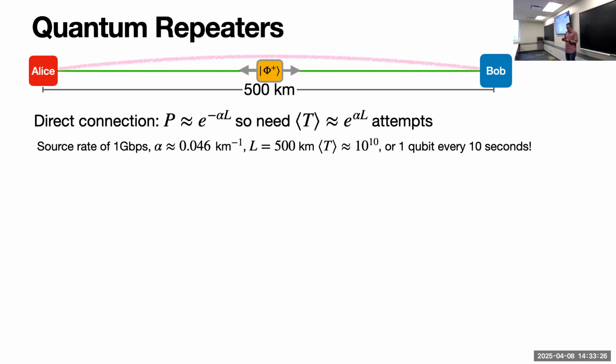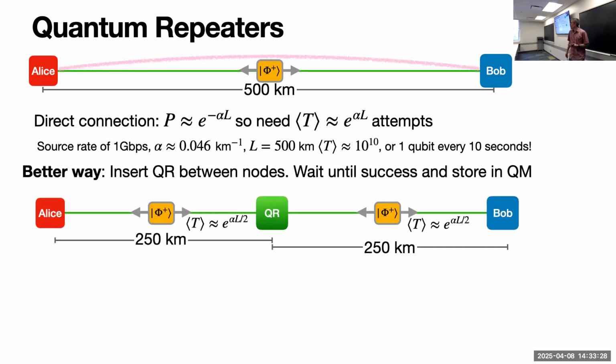So let's do something else. Let's put a node in between these two, Alice and Bob here, and we'll call that a quantum repeater. We're splitting the distance in 2, right? So now 250 kilometers between Alice and the quantum repeater, and another 250 from Bob. And I claim this is better, which is surprising at first, right? Because I still have a unit loss per length, and it still has to go through 500